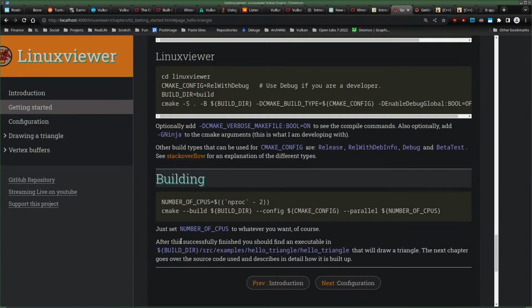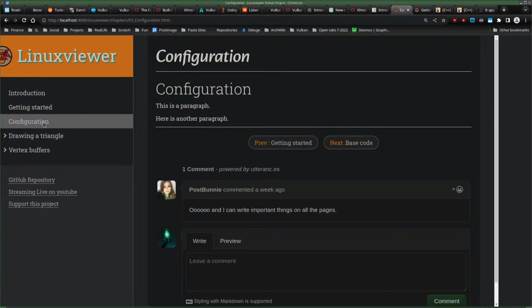Okay, so after this successfully finished, you should find an executable in build, source, examples, hello triangle, that will draw a triangle. The next chapter goes over the source code used and describes in detail how it is built up. Okay, well, then that's what we should do in the next chapter, which is called configuration, but maybe it shouldn't be called configuration.